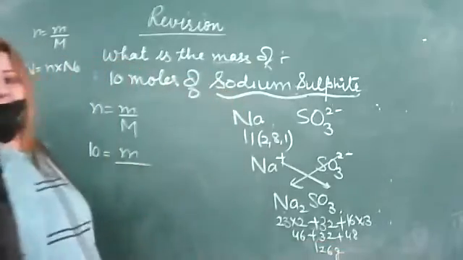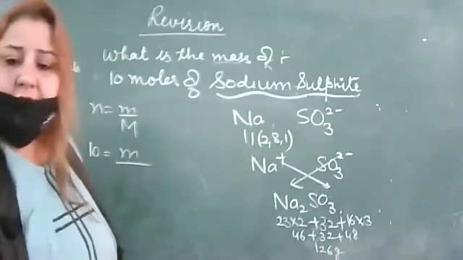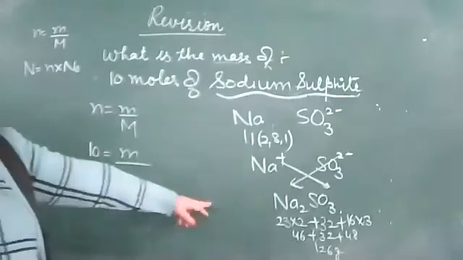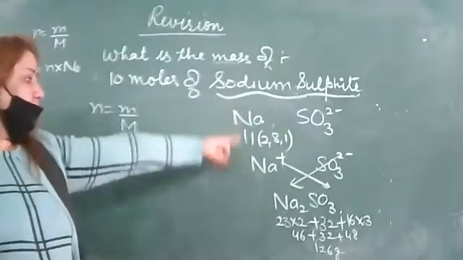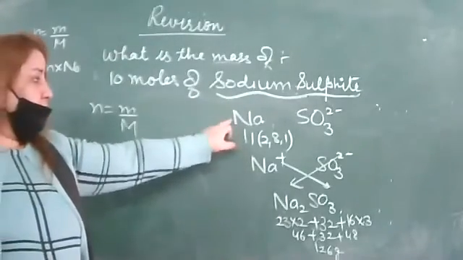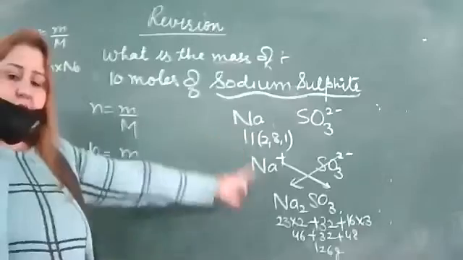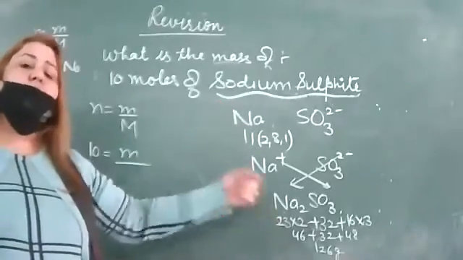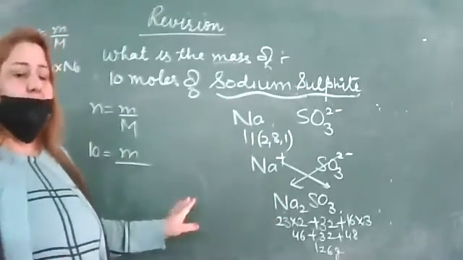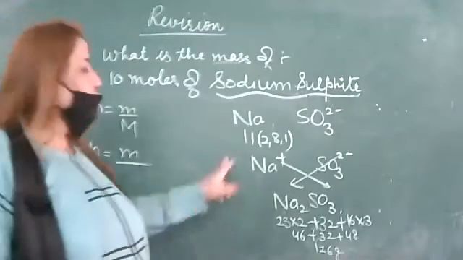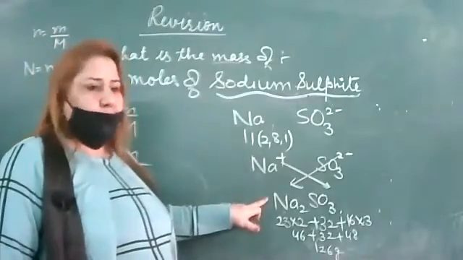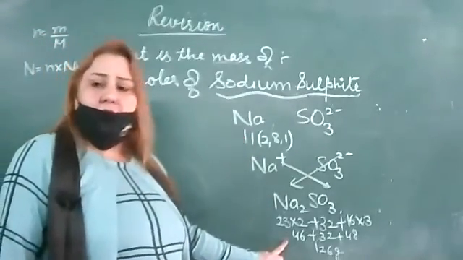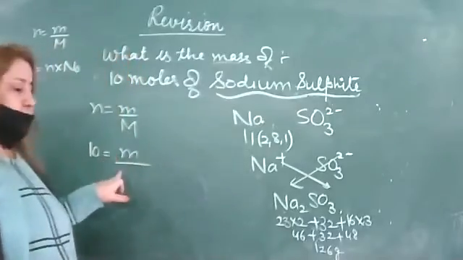Is it clear how we will calculate the molecular mass? Right? We had done this thing: first formula, then molecular mass. It will be given, Na2SO3 will be given. But I just want to revise that one. That's why we had made the formula. And now calculate the molecular mass, and now put it over here.